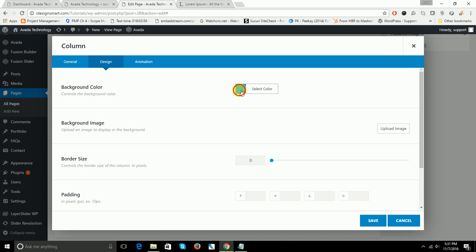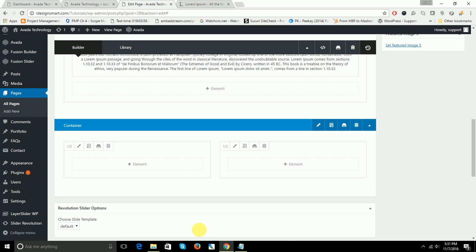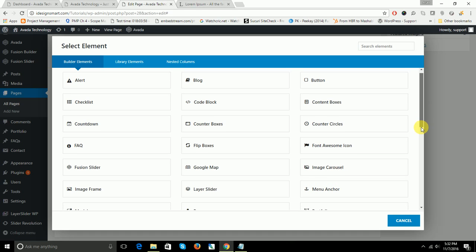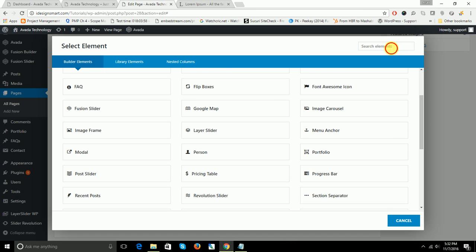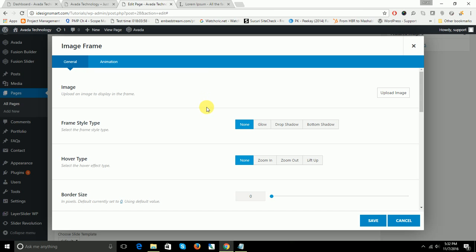Going back to design, from that I will go to that and say save. And then for the elements I will have some maybe picture or something like that, so I'll add an element and I will say, what should I say? So I should say maybe an image frame. That is also a frequently used element, so in that one I'll put an image frame in and display some